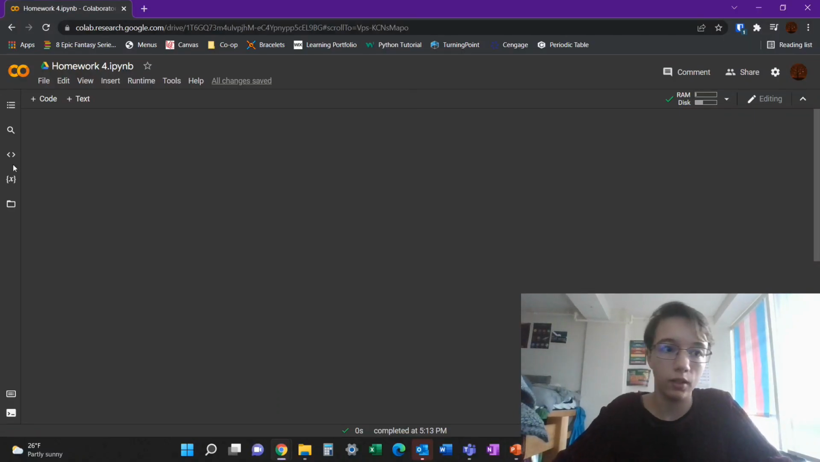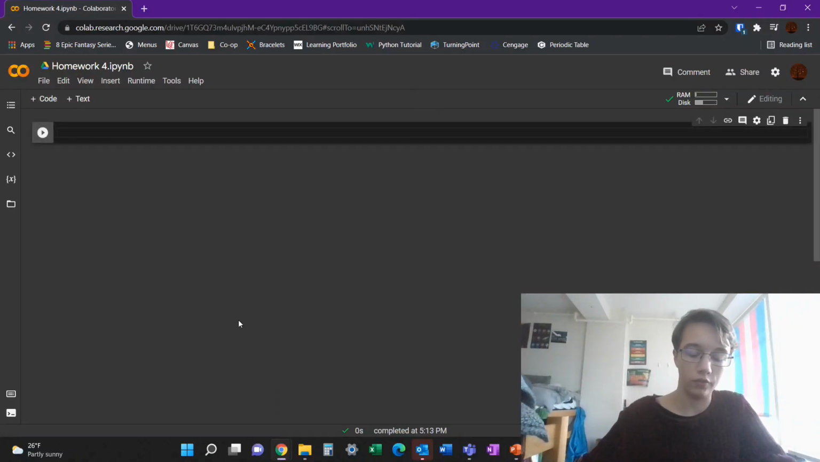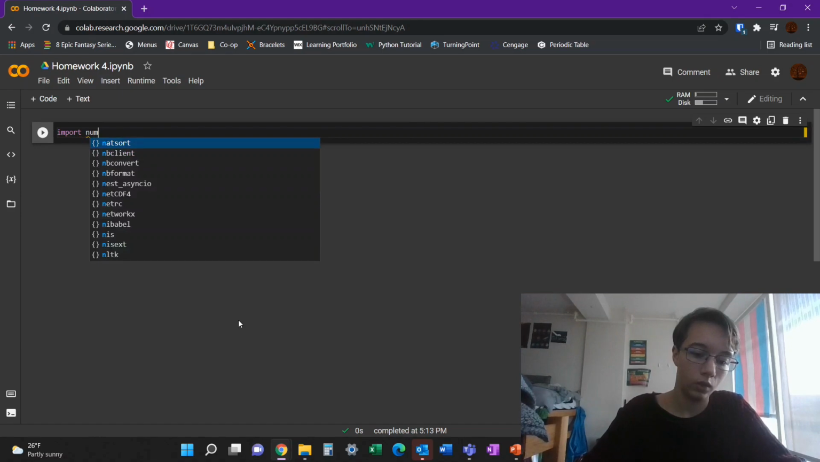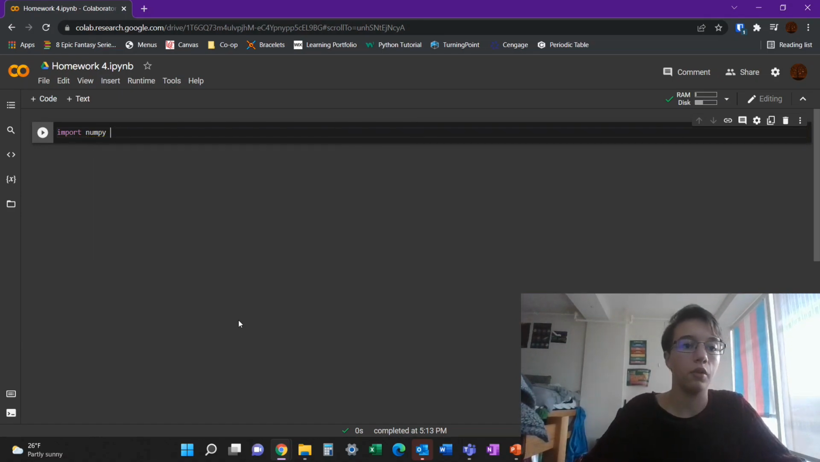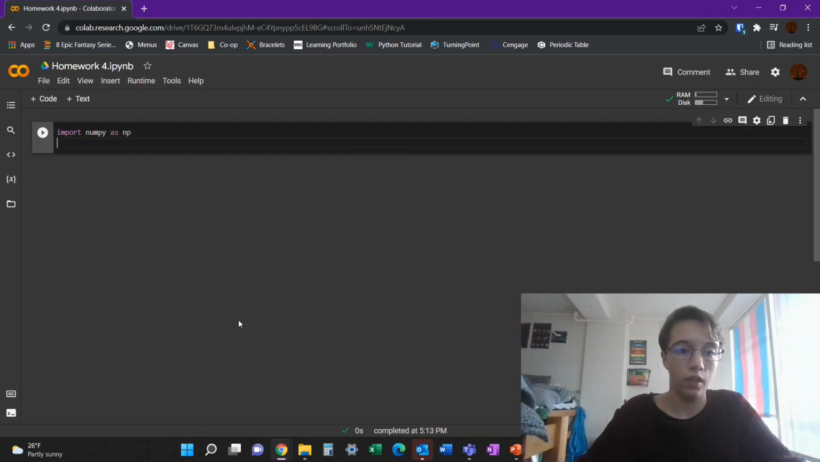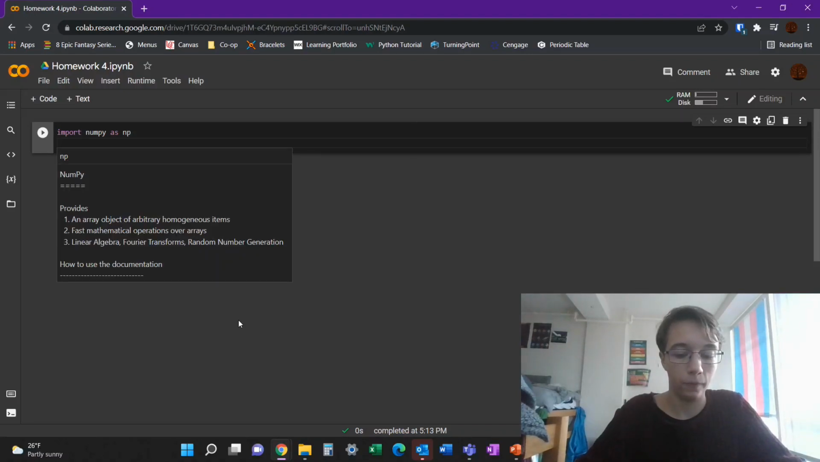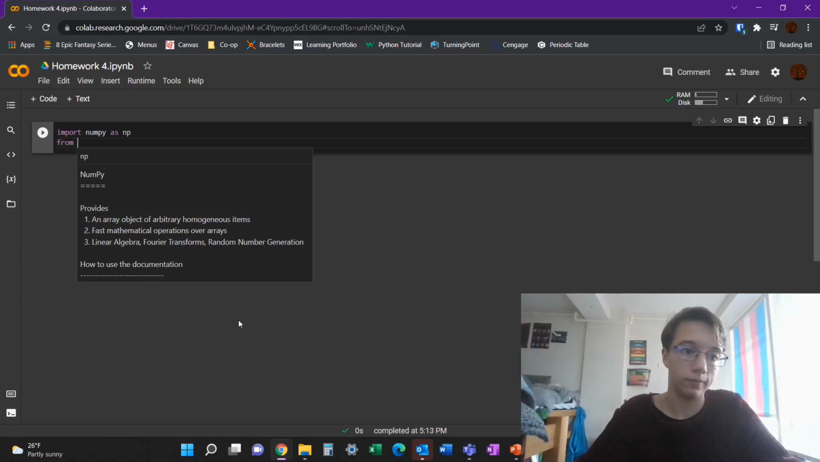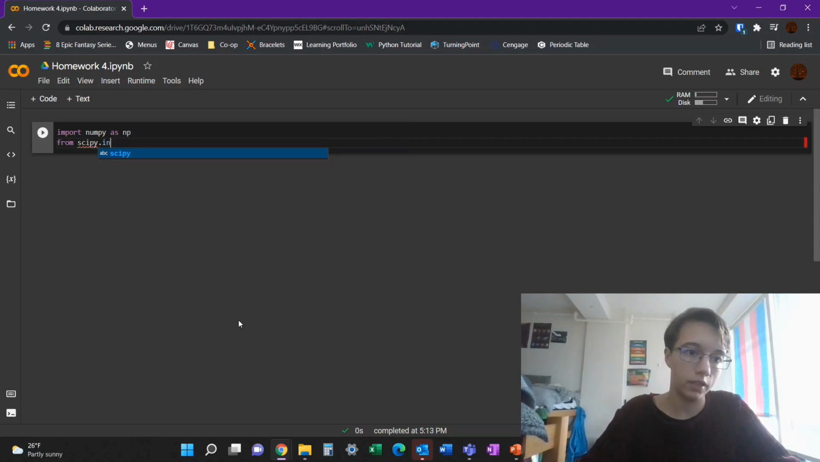So I've opened up a blank Python workbook, and first thing we're going to want to do is import the libraries that we want to use. So first we're going to want to use NumPy, because that's just a basic math library, and then we're going to want to use the solve IVP function because we have an initial value problem, and that's what solve IVP solves. So from scipy.integrate, we're going to import solve IVP,